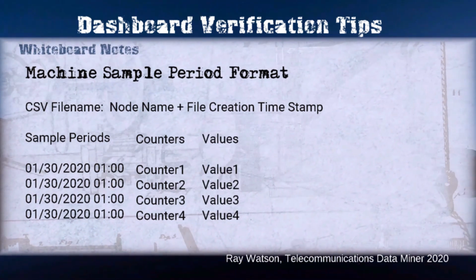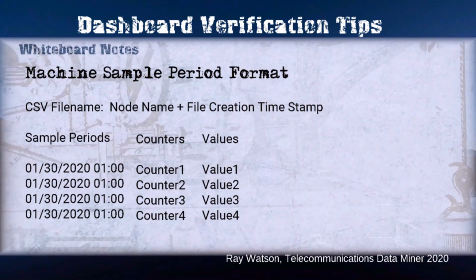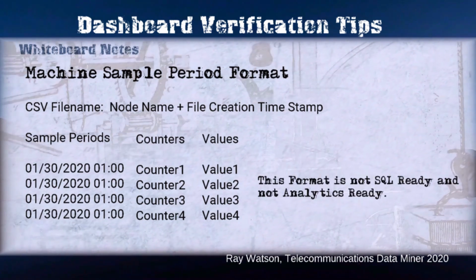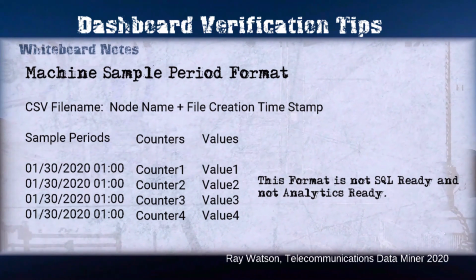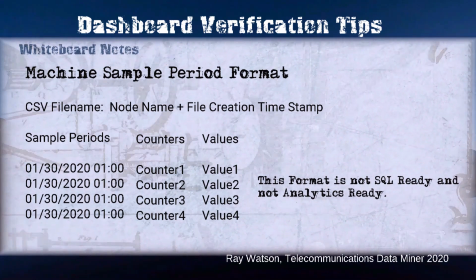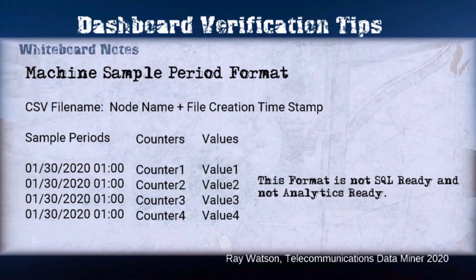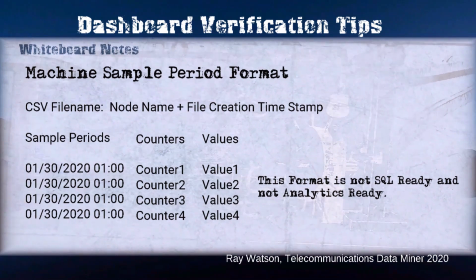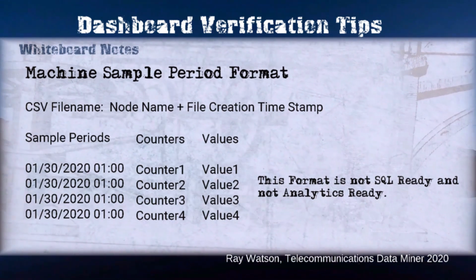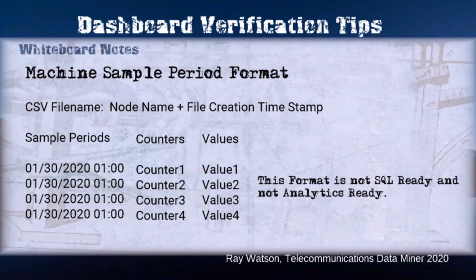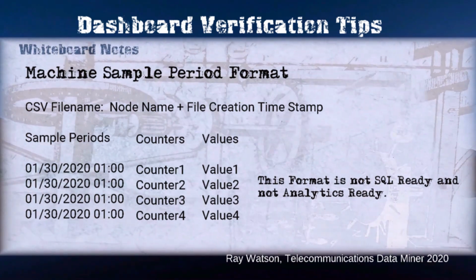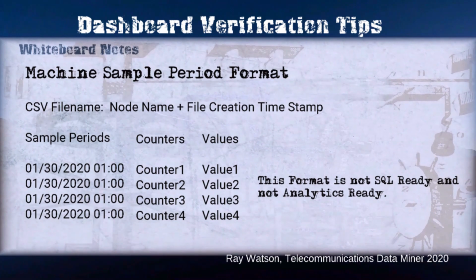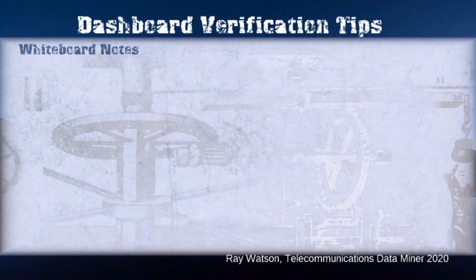Machine sample period files can have variations of format. The most basic machine sample period format is to write network machine counters in 3 columns, as column 1 having the timestamps of a sample period, column 2 having measurement group and counter name, and finally column 3 having the counter values. A dimension-like node name may not appear within the machine sample period file because it is found in the machine sample period file name.